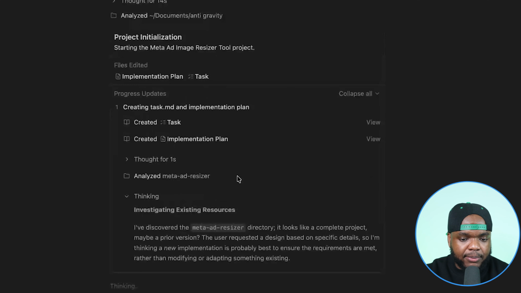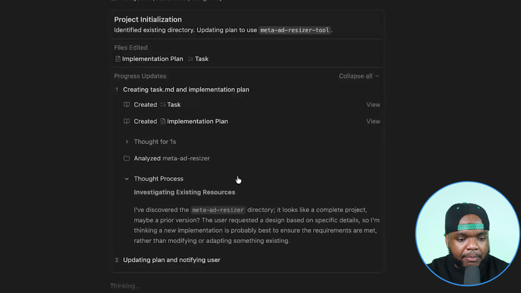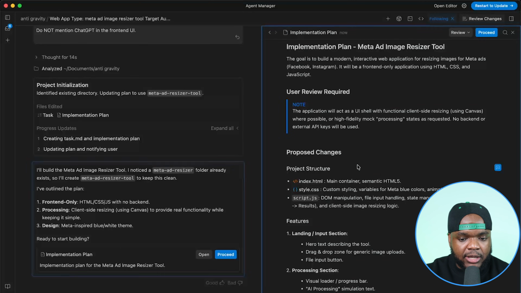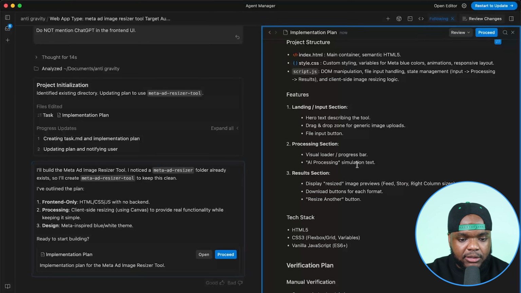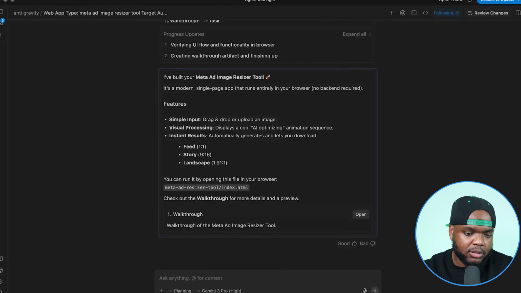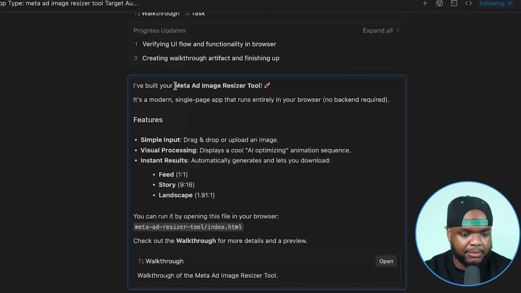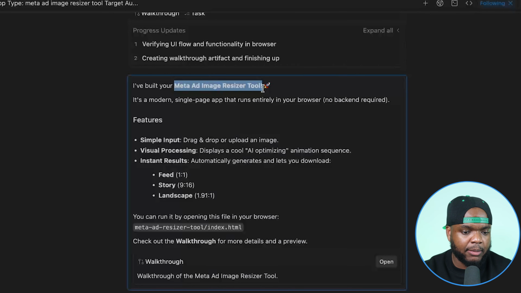And because this is a simple web tool with no real back-end integrations, it's going to be super simple for it to get straight to work and make sure that it builds the best possible web app for this use case. Okay guys, so as you can see, that took about 5 minutes, but Antigravity has now come back and it's letting me know that it's been able to build it, and I'm going to be able to access it in my documents. I'm going to show you in a moment, but before I do that,